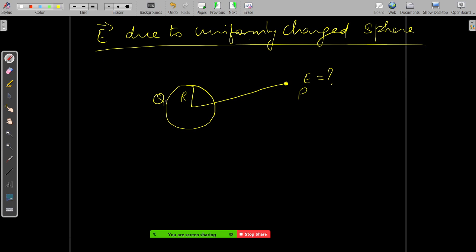I think this topic is not there for the portions, I'm sure they removed this from the portions, but you have to do it for JEE. Yeah, we'll complete it, don't worry. You have to complete it.